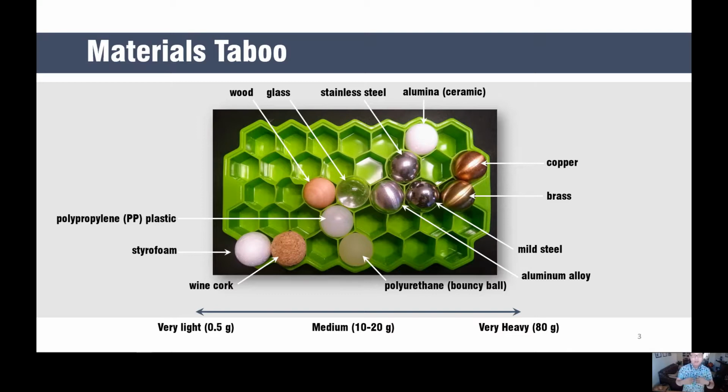Polypropylene is another type of hard plastic and it doesn't bounce around. We have wood, we have glass. These are in the middle. We also have aluminum alloy in the intermediate weight range, between 10 to 20 grams. If it were in person, and you were in my class, you would be measuring the weight with me on each of these balls. But to save some time and trouble, I have already weighed them for you, and they are on this qualitative scale. On the heavier spectrum, we have mild steel, stainless steel, brass, copper,